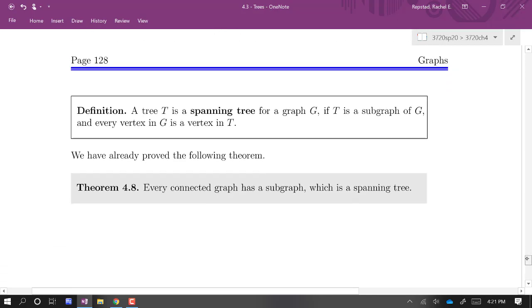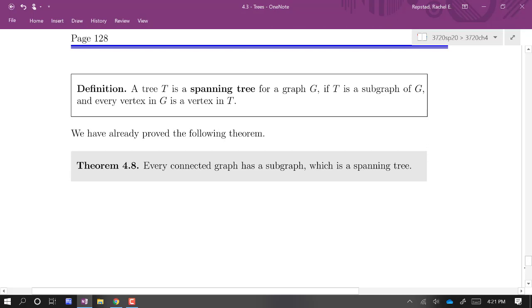Okay. So we know that a tree is connected with no cycles. There's sort of like an efficiency to that. There's no extra edges put in, right, in order to keep our graph connected, in one way to think about it. Any graph that's connected has a spanning tree. A spanning tree for a graph G is a subgraph that is a tree and includes every vertex in G, but probably not every edge unless G is already a tree, right? So as it turns out, every connected graph has a subgraph which is a spanning tree.